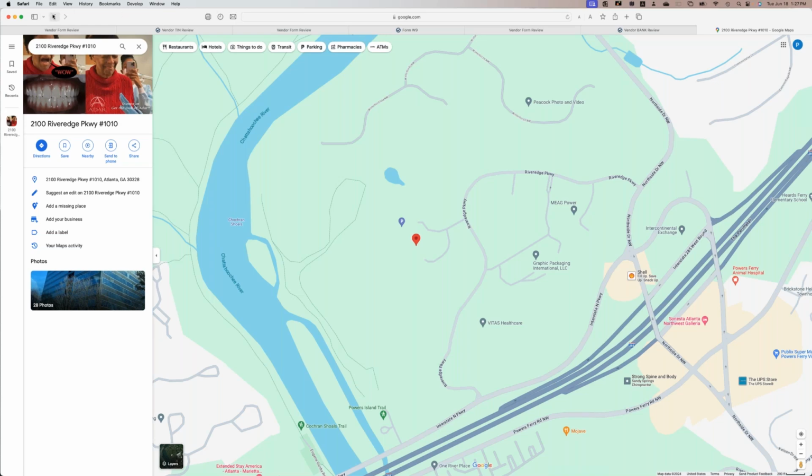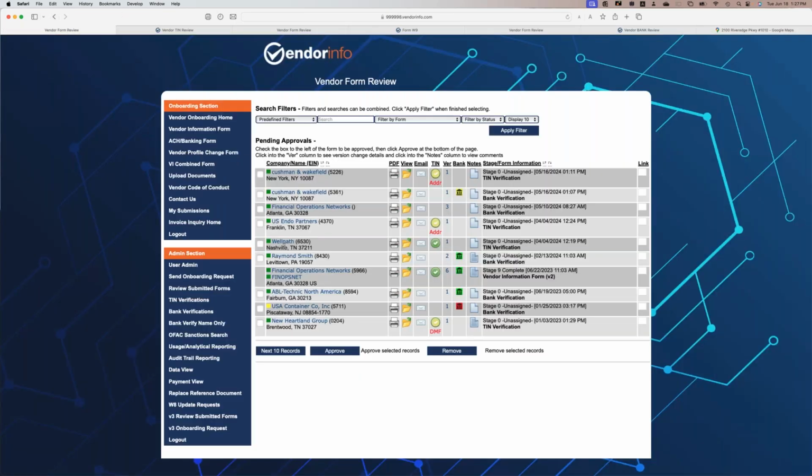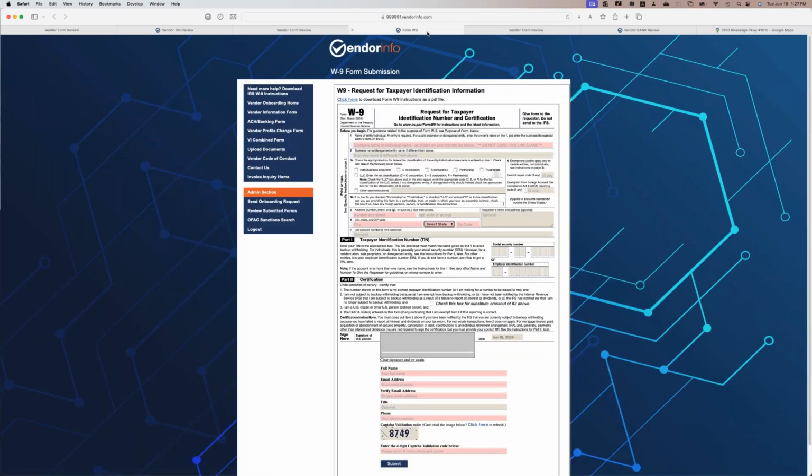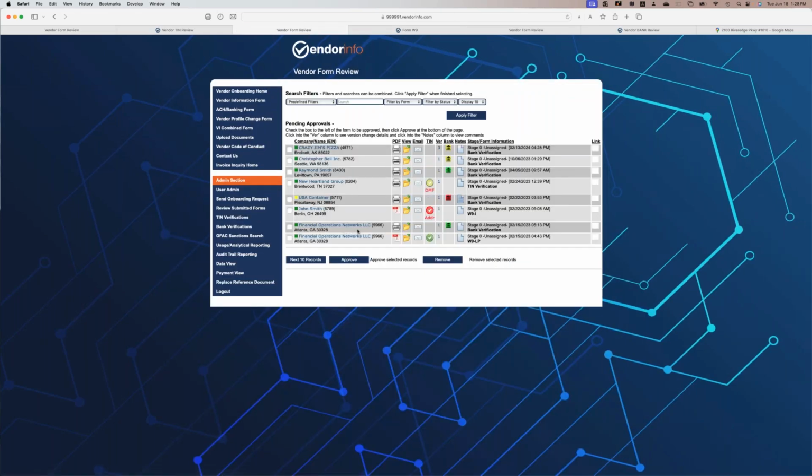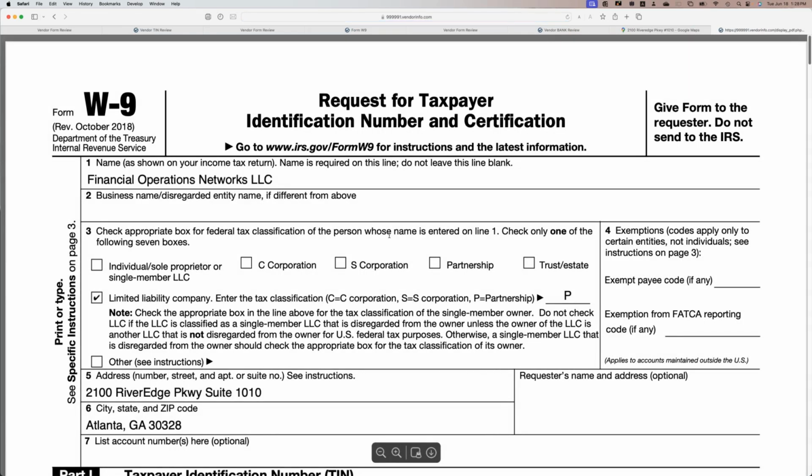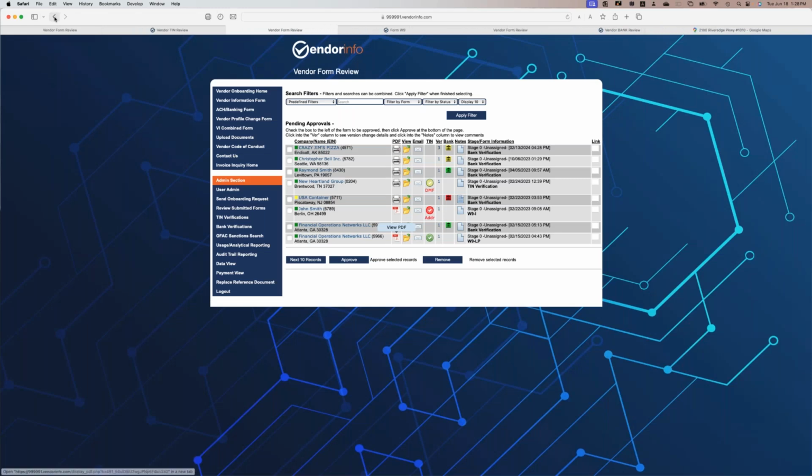And all of this can go into a workflow for your staff's review and approval. They can look at everything. Let me just show you here. You can have them look at the forms. For example, this was a W-9 form. You can have them look at the banking forms that were filled out. They can approve it. If you have multi-level approvals or multi-path and multi-level approvals, the system will handle that. And if you like, once everything is approved, finally, it can get uploaded right into your vendor master file.